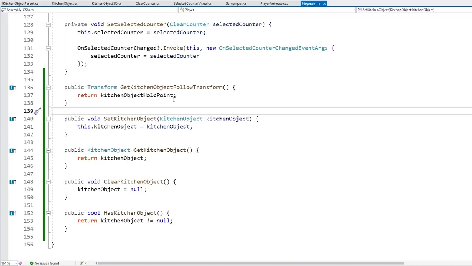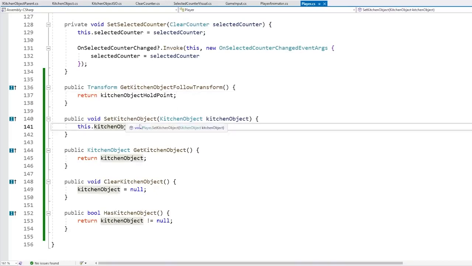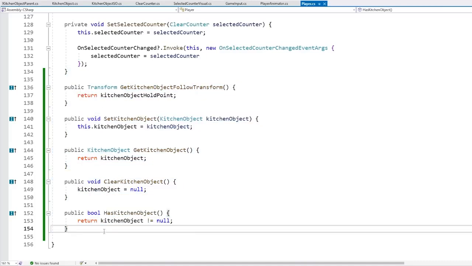Also one note here, like I mentioned previously, in order to implement the interface, it requires you to write the function code. Basically what this means is that different objects can implement the exact same interface whilst having different implementations. So for example, over here on the player, when setting the kitchen object, perhaps you could play some kind of item grab animation, or maybe when clearing a kitchen object you could do some kind of logging. The only thing that needs to match perfectly is just the function signature. And the function signature, that means the return type, as well as the name and any parameters. The implementation itself, that is up to the class that wants to implement that interface. But in this case, we want it to behave pretty much exactly the same way, so